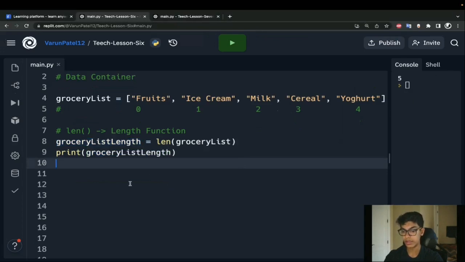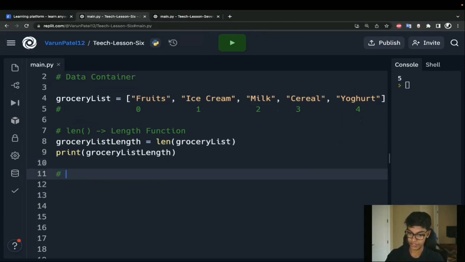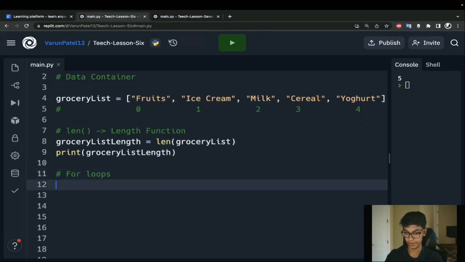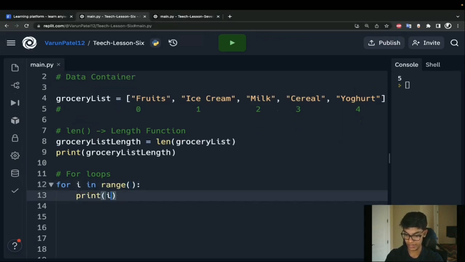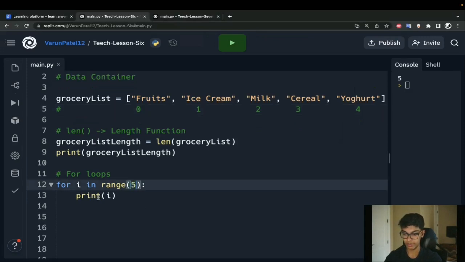Awesome. So why did I introduce this? What is the point of having this? Well, let's backtrack to our for loops one more time. And I promise this is the last time we'll touch for loops in this lesson. So for i in range, we're going to print i. Let's say I wanted to print out 0, 1, 2, 3, 4, right? I want to do the same thing I did before, using my for loops to explore my indices. All I have to put here is 5, right?